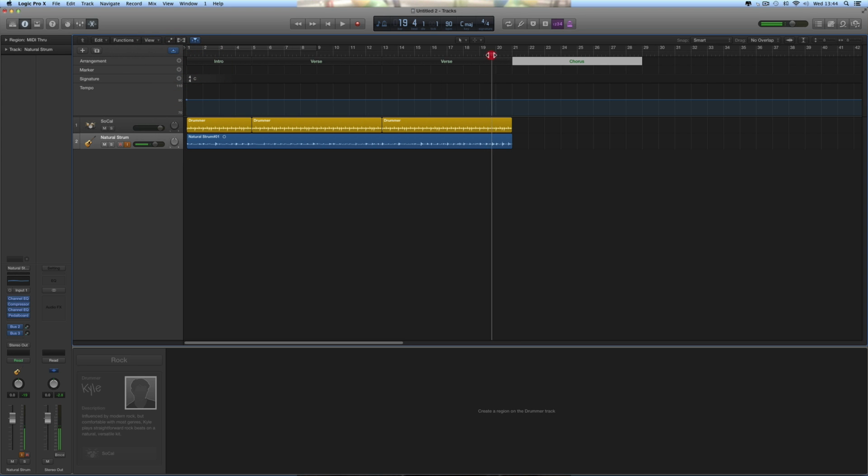Okay, then we're going to drop the chorus in. Now to do a drop in, you just position the playhead anywhere. So I'm going to position it there at the beginning of the chorus. And then when you hit record, my counting is 2 bars. So you position the playhead wherever you like, snap it exactly to a bar line. When you hit record, the playhead will back up the number of bars of your counting and you'll hear the drums up to that point there, and it'll drop into record at whatever position you have the playhead at when you hit record. So I'm going to drop into record here to play my chorus,